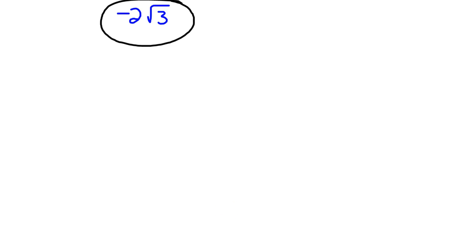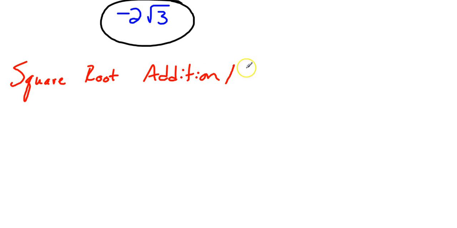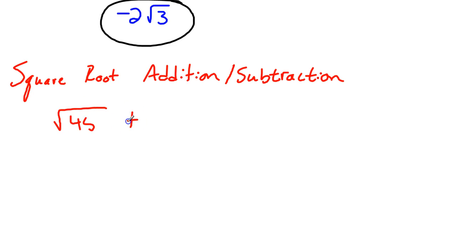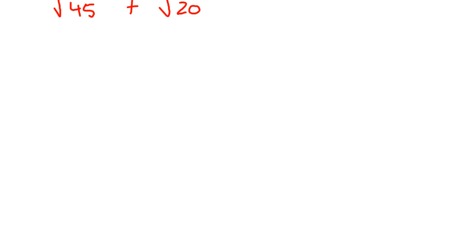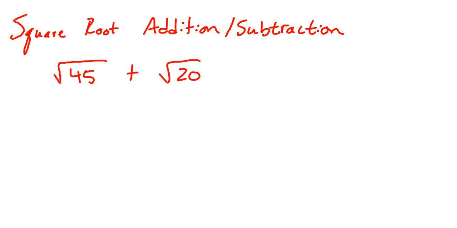Okay, once they've got you confident and simple there, they're going to tell you it's just square root of addition or subtraction. And they actually give you 2 different numbers to start off with. So we're going to have square root of 5 plus square root of 20. Okay, and the big thing on this one is when your numbers are different,